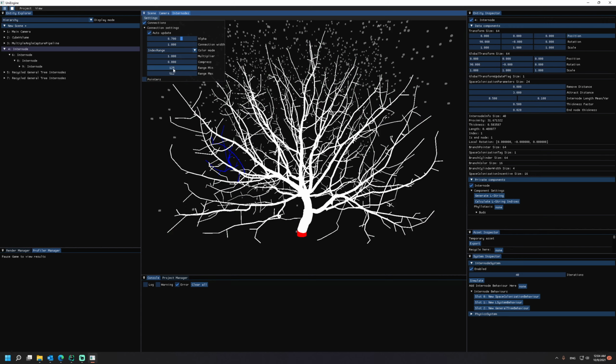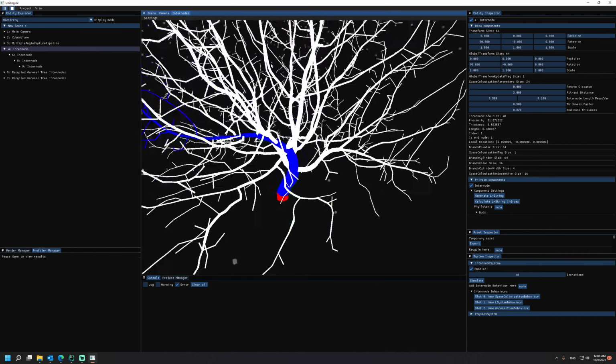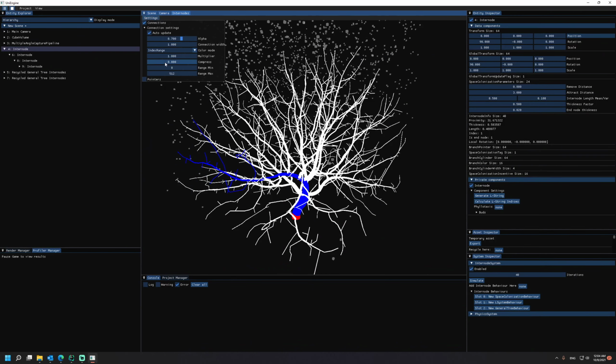Alright, so after you select the index range, you'll see two new settings come up, which are the range min and the range max. Currently by default it's set to 128 and 512. You can change the numbers here, and you can see the changes will immediately be applied inside this visualizer. Okay, so let's just set it from 0 to 1024,